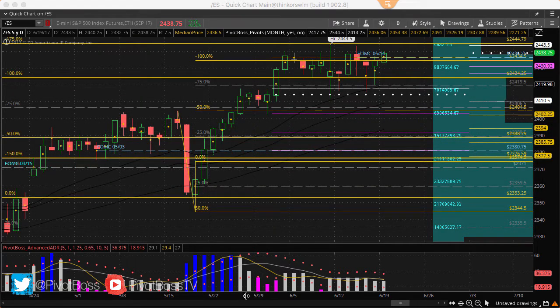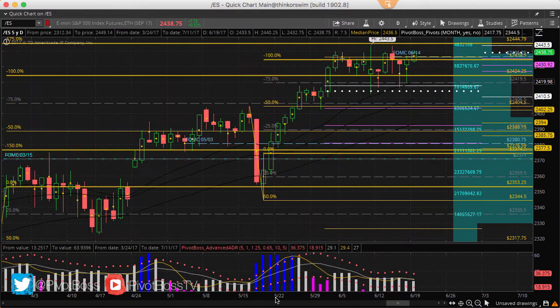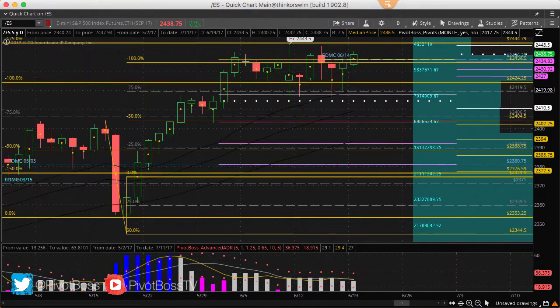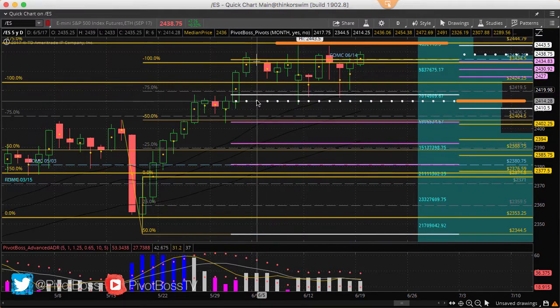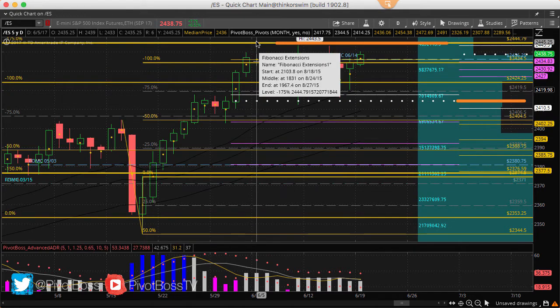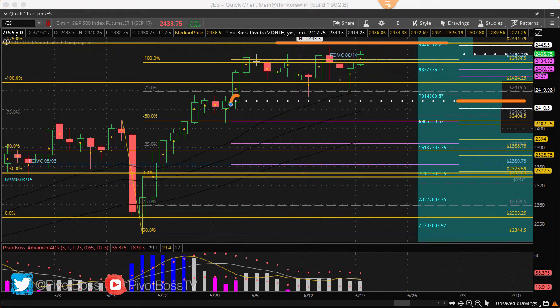Here's a look at the daily time frame of the ES. Right now, we're still sitting in a multi-week trading range that basically spans from the previous month's close at 24.14s into about 24.43 and a half. We got up to about 24.44, so we have about a 30 handle range here where prices have been bid